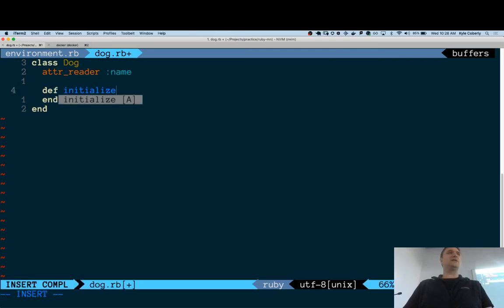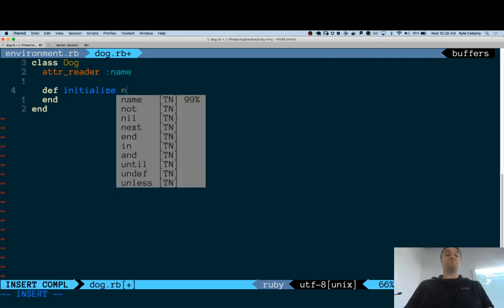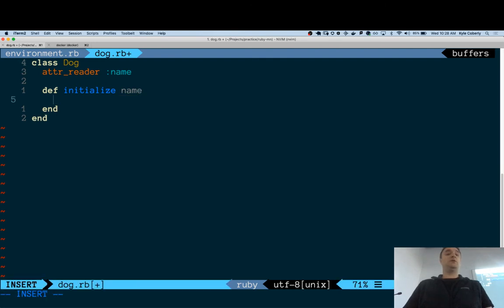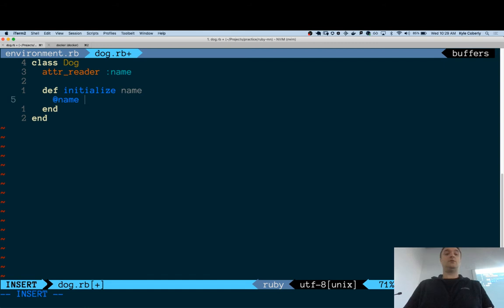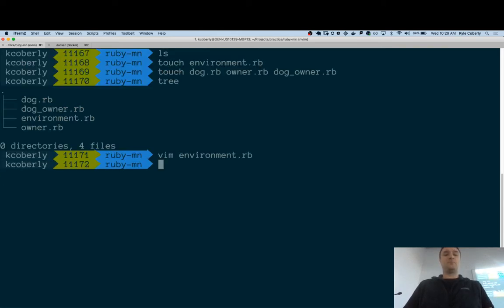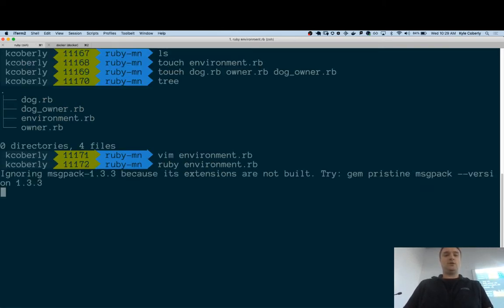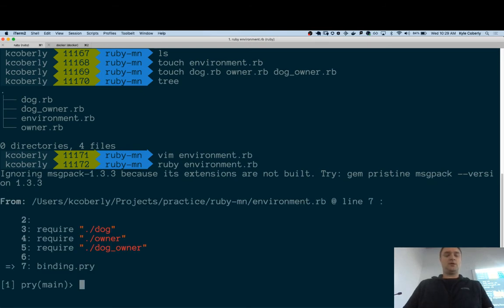What do I need to initialize it with? Got to pass in a name. And then what happens here? @name equals name. Cool. So right now, I should be able to make some dogs. If I go to Ruby environment.rb, and I go bixby equals Dog.new